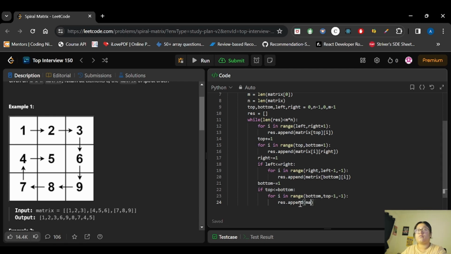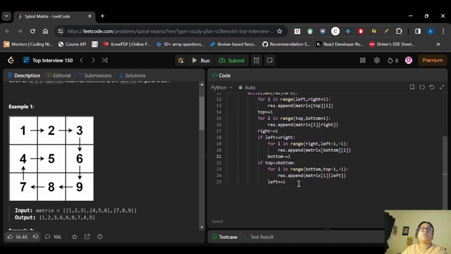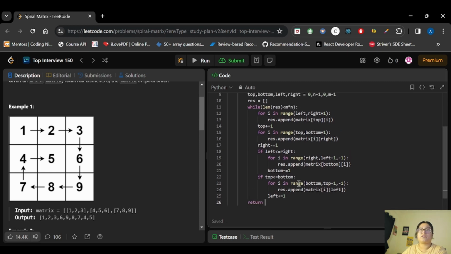So for the row we will be keeping i here, and we are on the leftmost column, so we will be using left here. After this, what we will be doing? We will be incrementing the value of left by 1. So left += 1. Okay, this will be inside this. Out of this loop we will be returning the result.